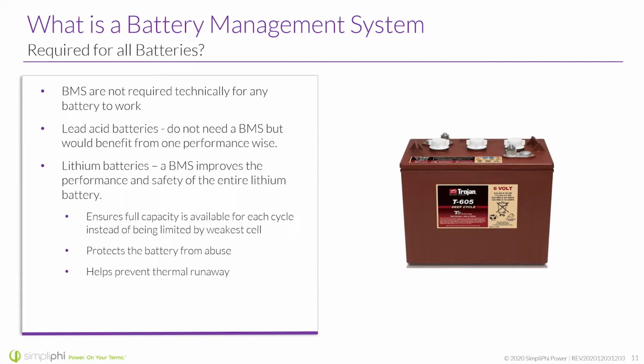They could benefit from one, but again, it's just really not that much benefit. It's not enough benefit to want to put battery management systems into them. In lithium batteries, the BMS improves the performance and safety of the entire battery. So it ensures full capacity is available for each cycle instead of being limited by the